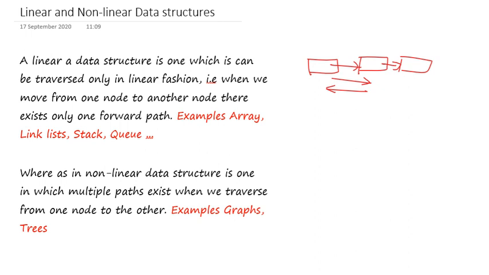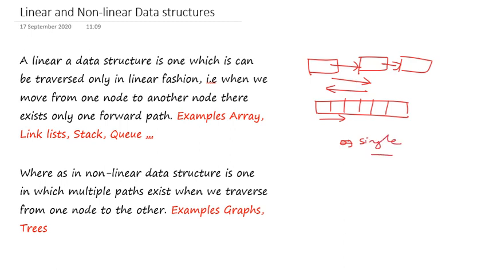In a similar way, an array is also a linear data structure. When you start accessing elements, you will move in one direction. That is the meaning of linear data structure. You don't have conflict. Say you are standing at this point now and you want to move to the next node. There is only one path, a single path available. There is no conflict here.